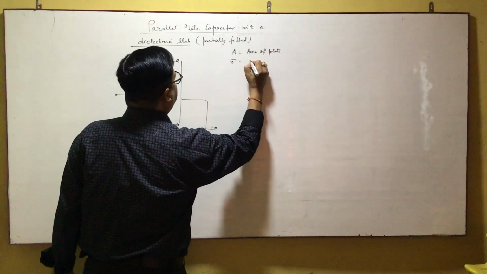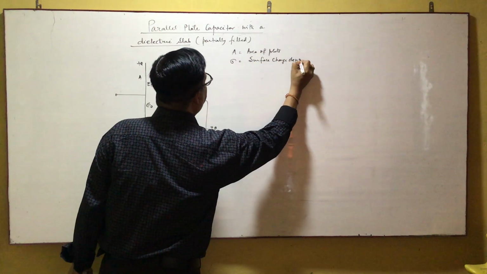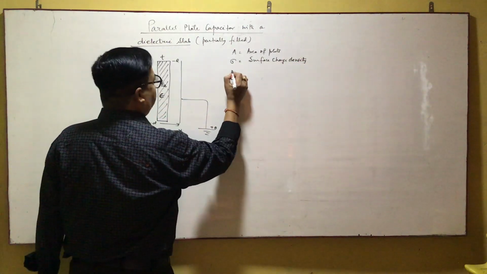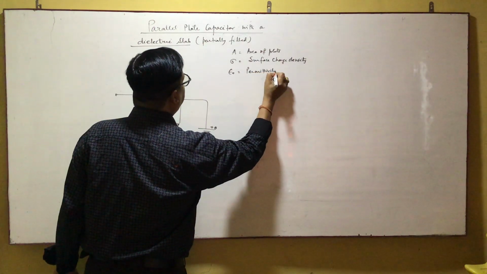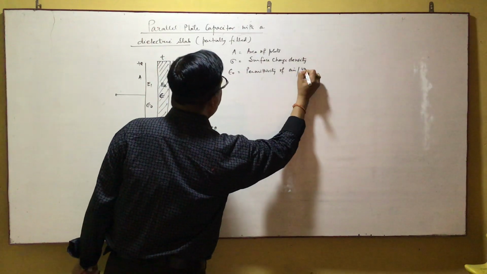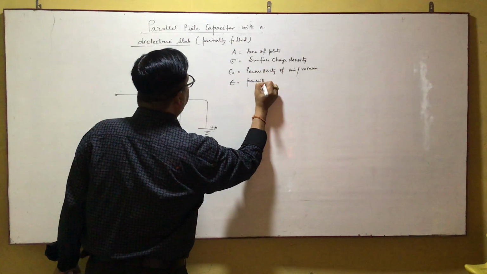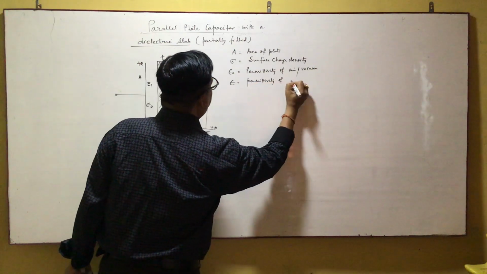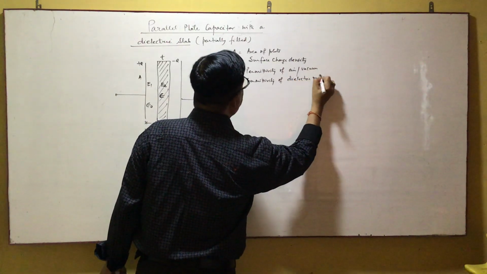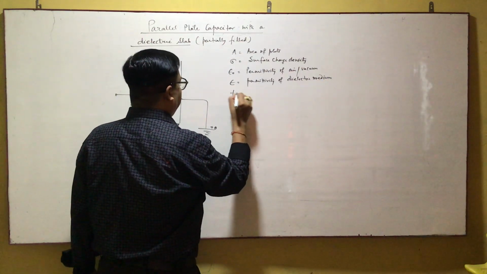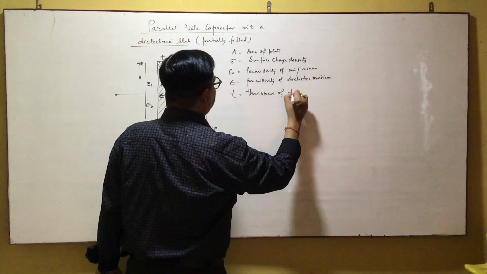sigma is surface charge density, epsilon naught is permittivity of air or vacuum, epsilon is permittivity of dielectric medium, T is the thickness of dielectric slab,